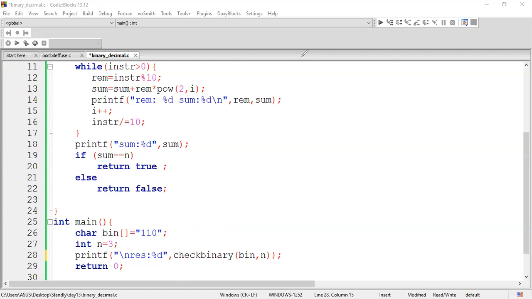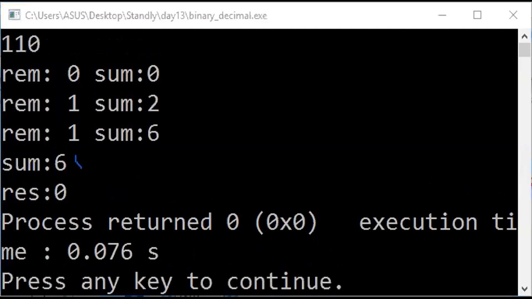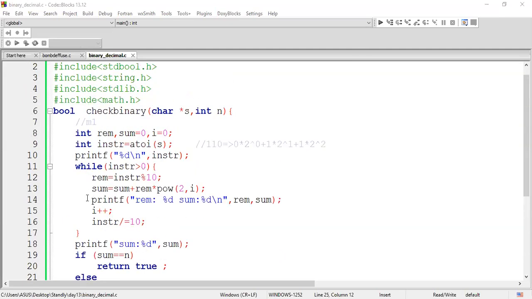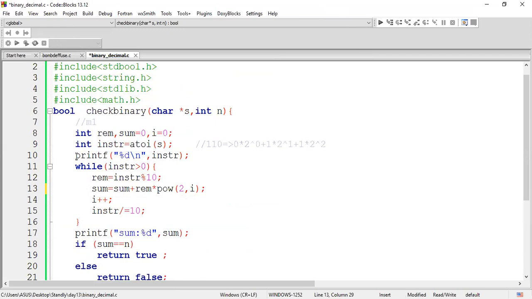Okay, so I'll just execute and show you people once why it is like this, so that everyone will be clear. Then we can go with our logic. So now you will be clear. So sum is displaying only as 6. And this is the result which is printed in your main. Okay. So this is the logic for conversion. This is one logic, as you can do like this, and here these breakpoints are not required. And one more method. So this is done, and here this is also not required.